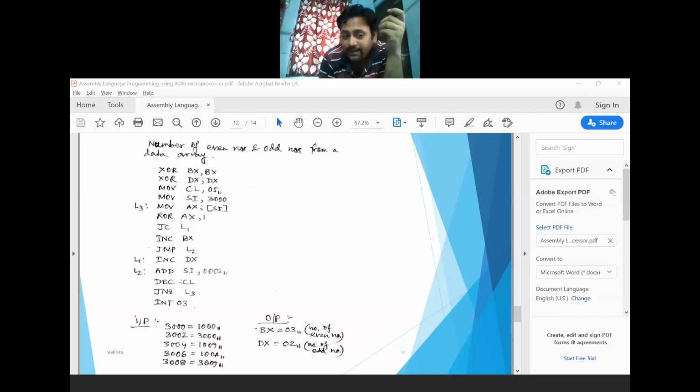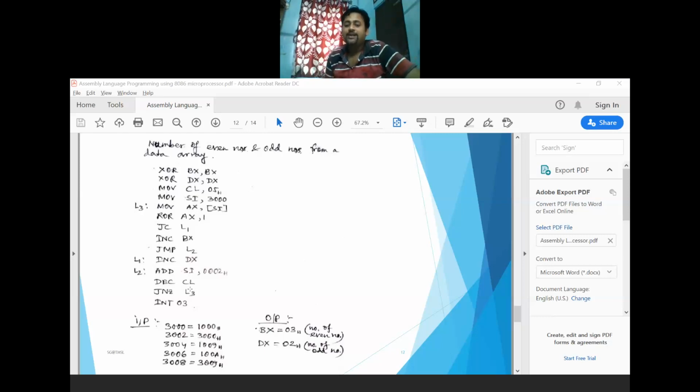If it is not 0, then move to the initial position where I can get my next number into the AX register, so that I can rotate it again. The second number can be checked for carry or no carry after rotation. So it continues this process until your CL register gets 0.